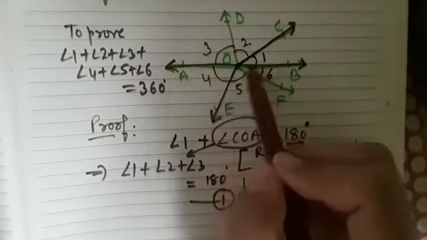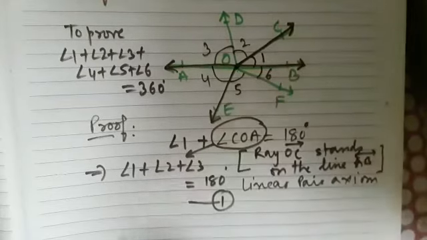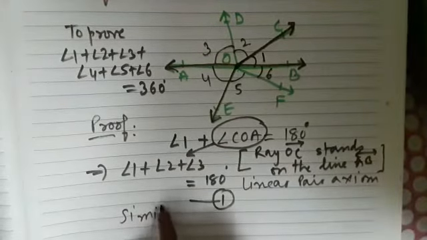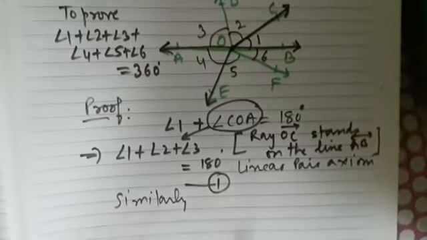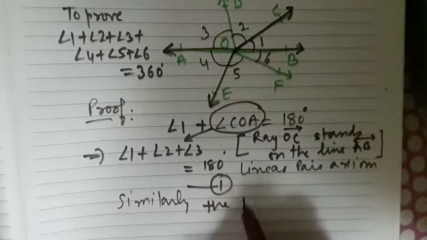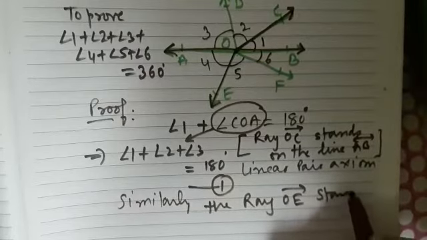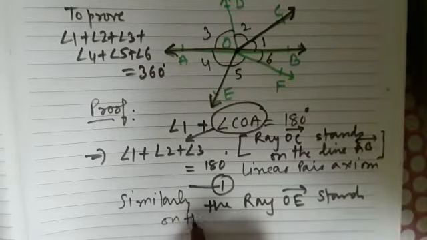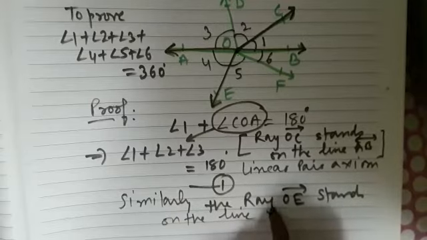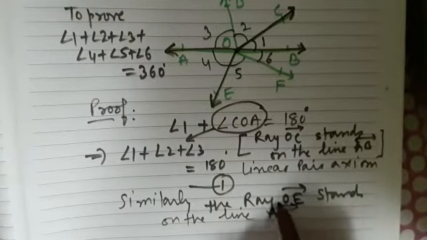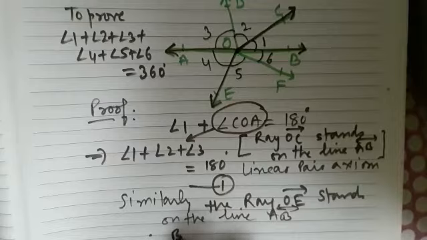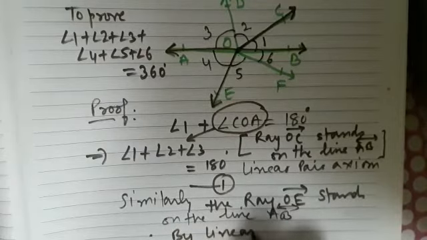OE stands on the line AB. So we write here, similarly, the ray OE stands on the line AB. Therefore, by linear pair axiom,